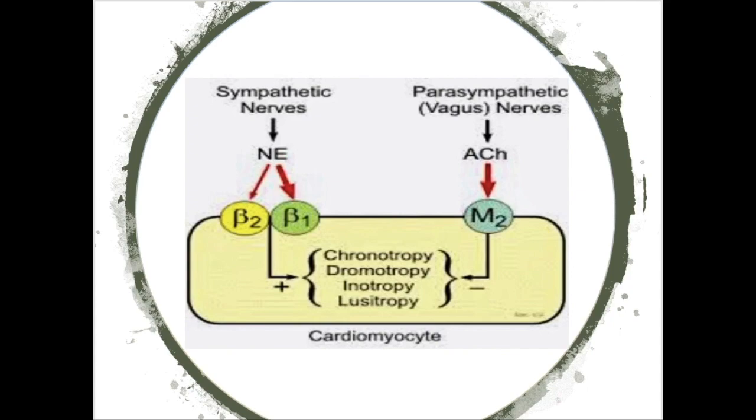And then there are muscarinic M2 cholinergic receptors, and the vagus nerve acts through these receptors. In fact, the second messenger system of the inhibitory G protein is stimulated. So they inhibit the adenylate cyclase, decrease the calcium ions in the cytoplasm, and decrease the force of contraction. The vagus nerve supplies the SA node and AV node only. Then come the adenosine receptors, which respond just like muscarinic M2 receptors.